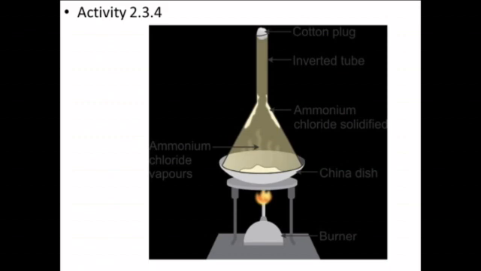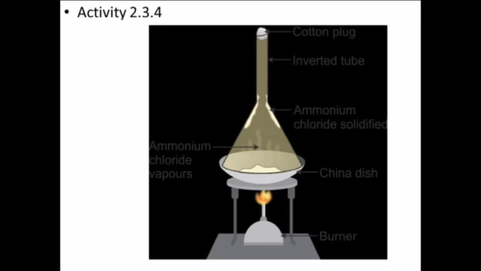Next topic is how can we separate a mixture of salt, that is common salt, and ammonium chloride. Ammonium chloride on heating changes directly from solid to gaseous state, which we had already seen in the first chapter by the process of sublimation. To separate a sublimable component from a mixture containing non-sublimable compound, the sublimation process is used, which we can see in the figure given in your textbook.